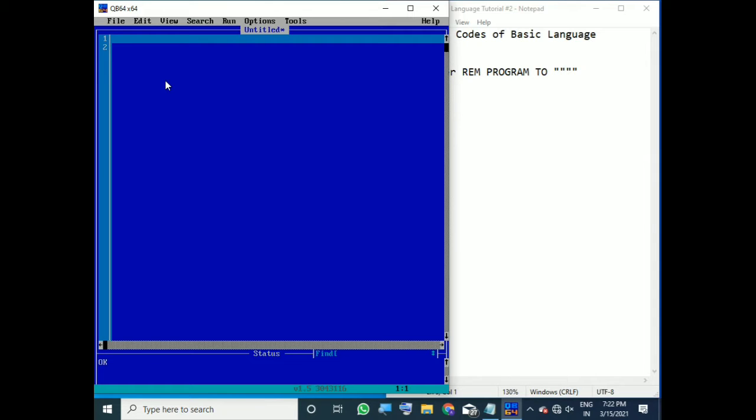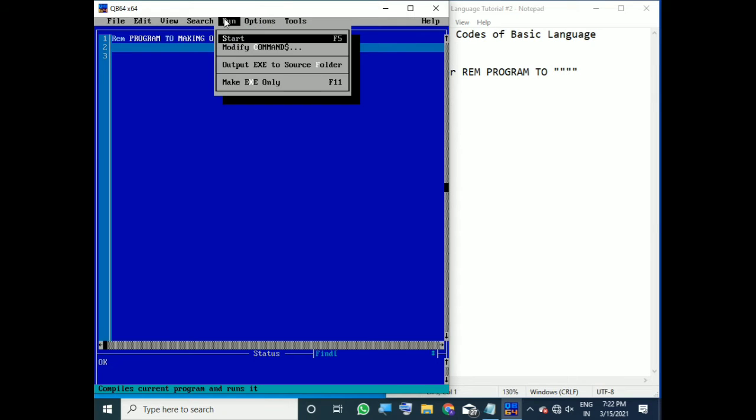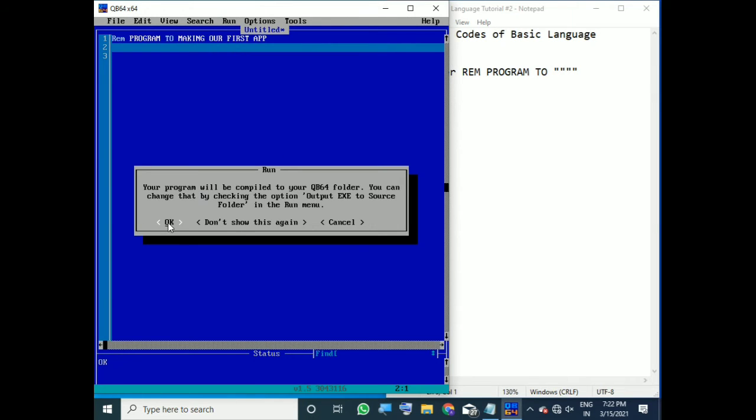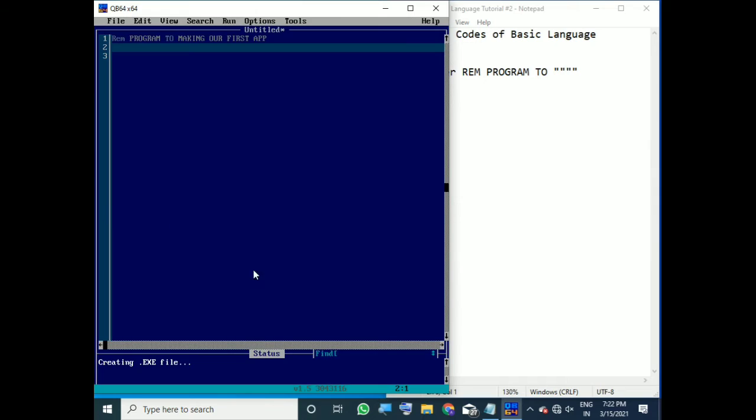So let's now write rem program 2, suppose saying making our first app. So for making our first app, rem this 2. I'm writing this, and if I run it, okay, don't show this again because it's showing every time. I don't like it.